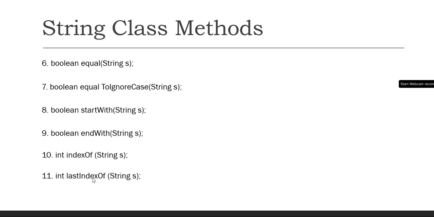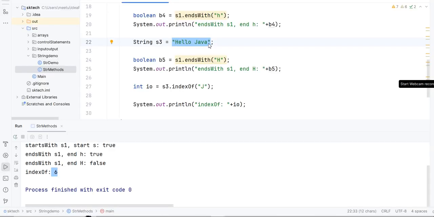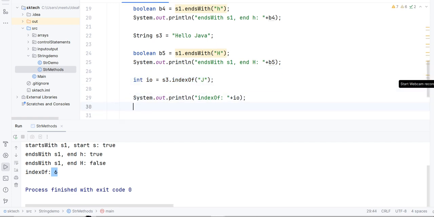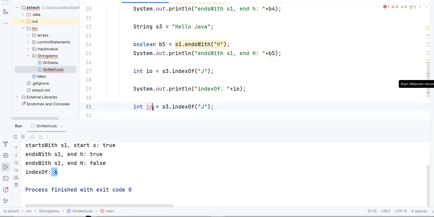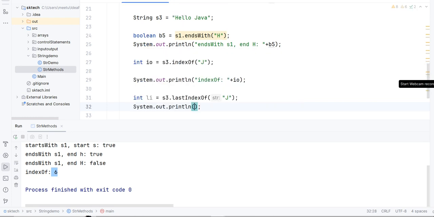The next method available in the string class is lastIndexOf. Basically the indexOf method is going to search from left to right and provide the index value position, right? Similarly, the lastIndexOf method is going to provide the last index. So let us see how we can use it in our simple Java programs. Let's write this simple statement again, and let's give something like li, and let's say this is a string and the method is lastIndexOf with j.